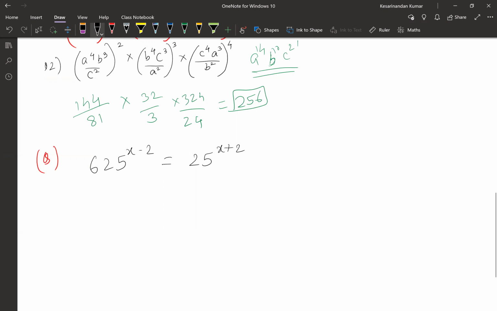Okay, let's move forward to the next part. Anybody any doubt? The answer is 6, guys. How? See, this is 5 cube. So let's take it to that power. Sorry, not cube, 5 is to 4. X minus 2. And this is 5 square. X